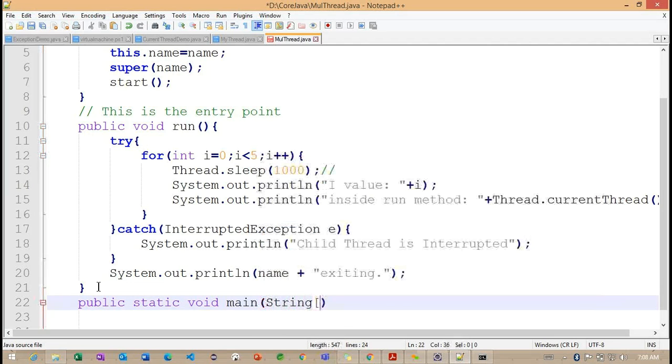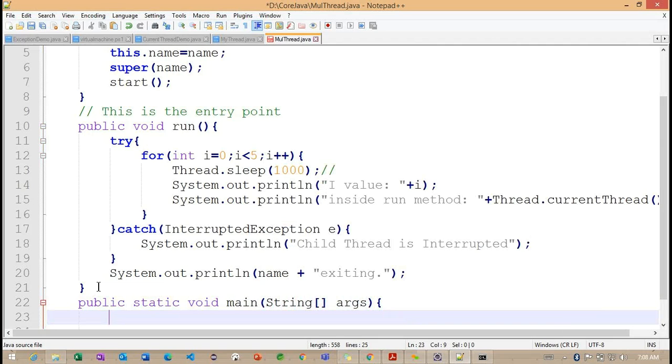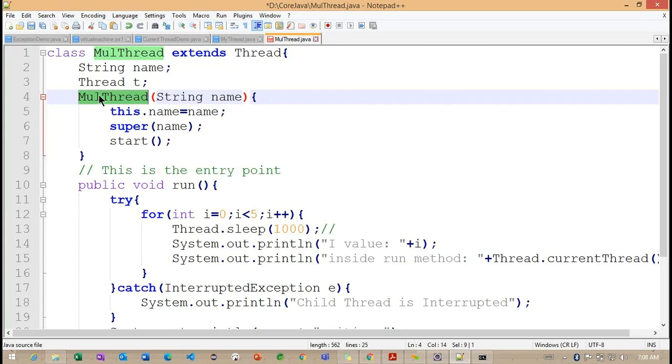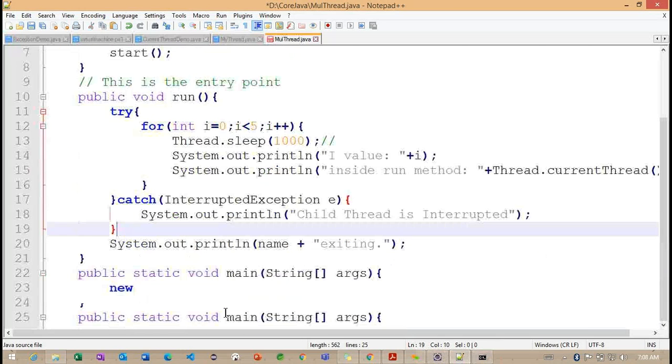Whenever we work with the main method, we need to call the constructor. What is the constructor we need to call to create a new thread here? This is the constructor we need to call, with a thread name parameter.